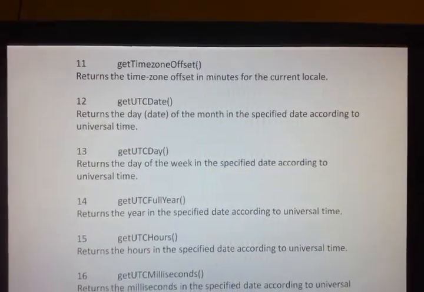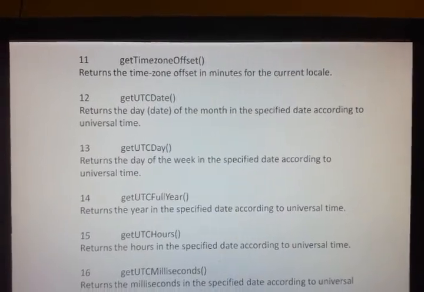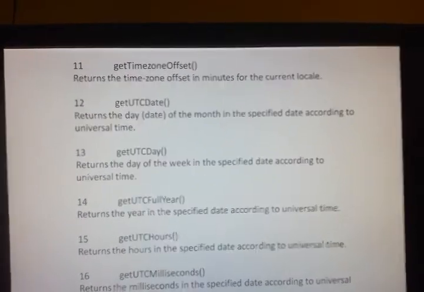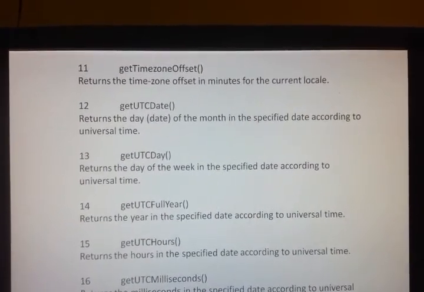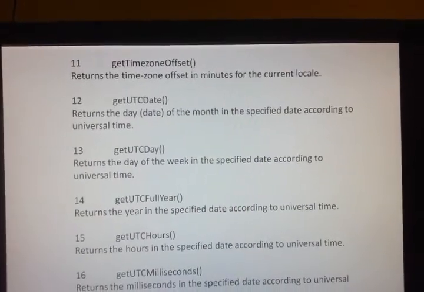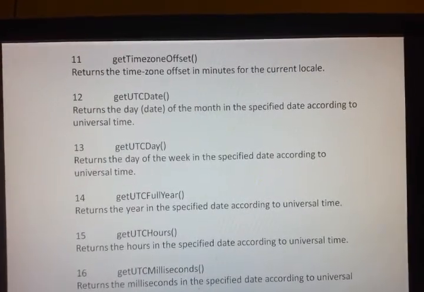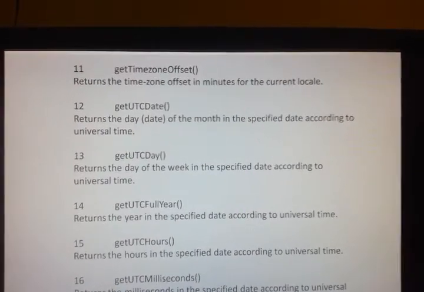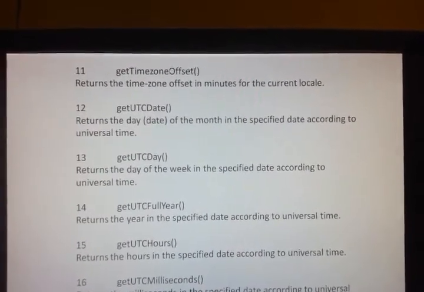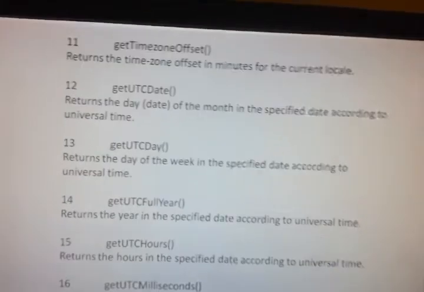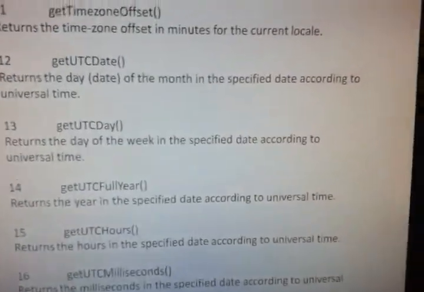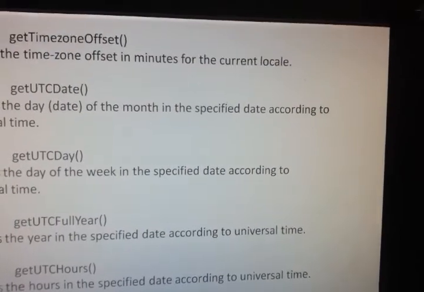11th, getTimezoneOffset. Time zone is one word, offset is another word, total 3. So G get small, T capital and offset O capital. It returns the time zone offset in minutes for the current locale. getUTCDate.